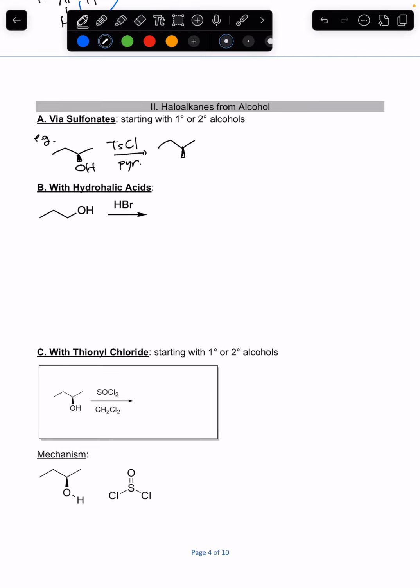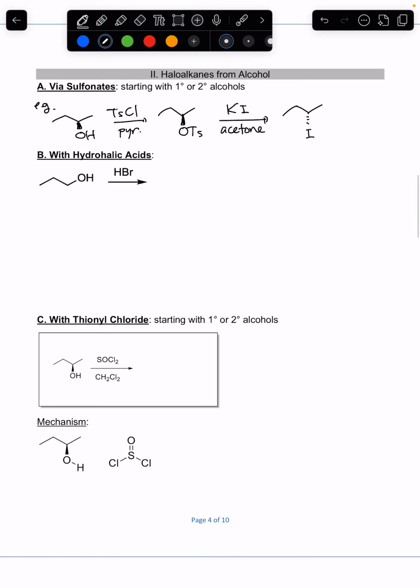Through the sulfonate, you could then treat this with a good nucleophile halide like iodide, say in acetone. The iodide would do SN2, and you could get a haloalkane from the tosylate like this. So that's one way to do it. Another way